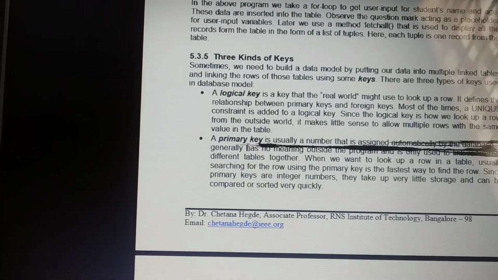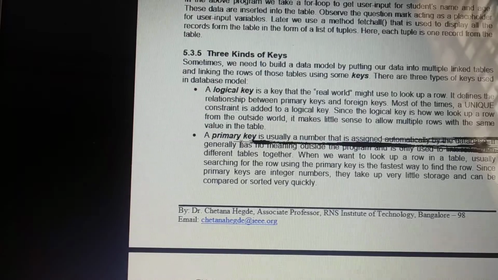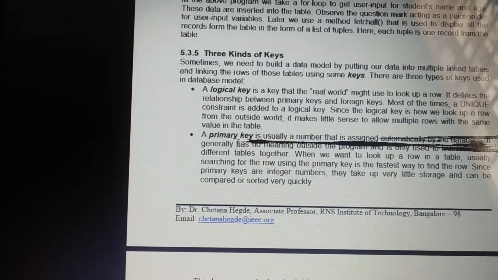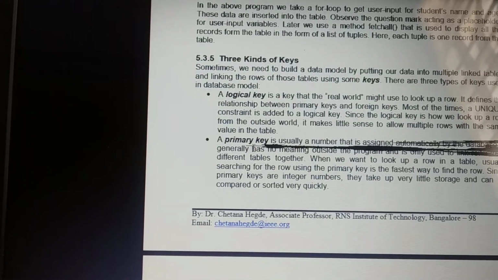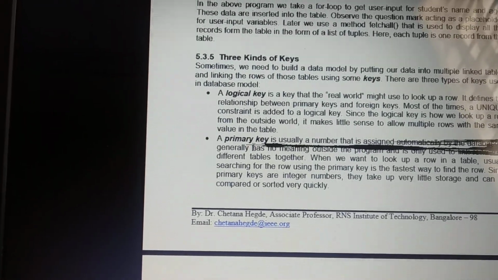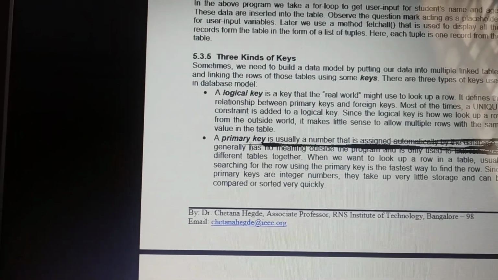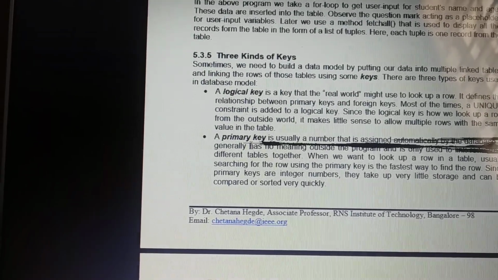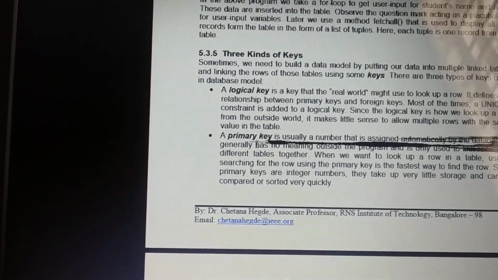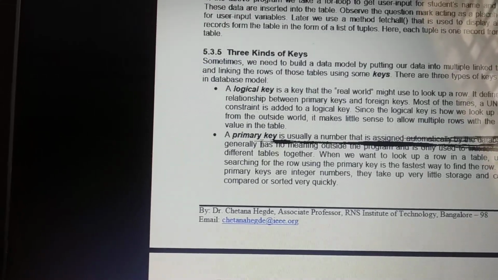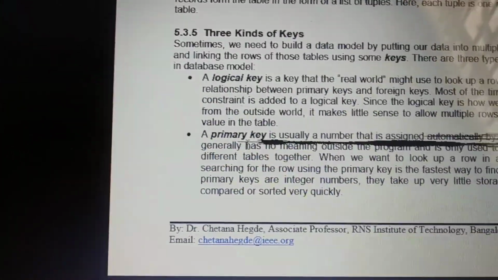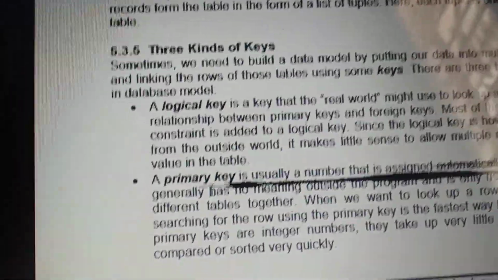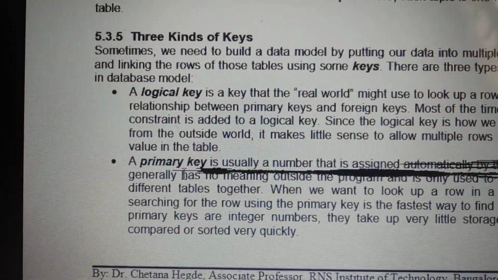When you want to look up any one row in a table, you search using the primary key. You need not search every row in the table; the primary key is the fastest way to find any one row. Since primary keys are integer numbers, they take up very little storage and can be compared or sorted very quickly.